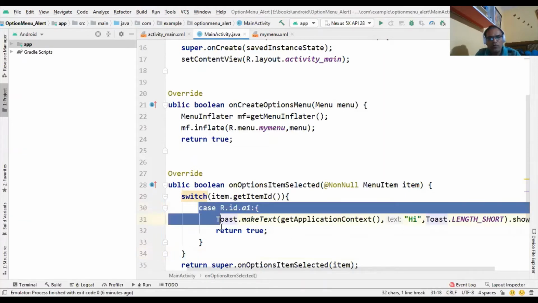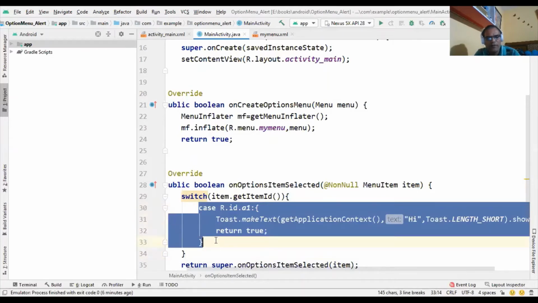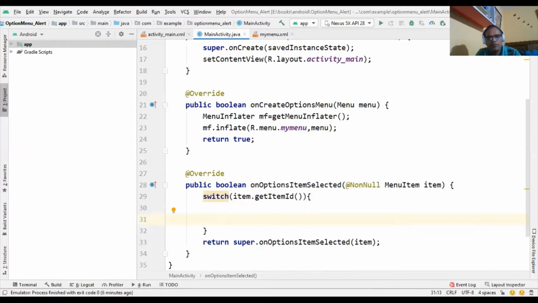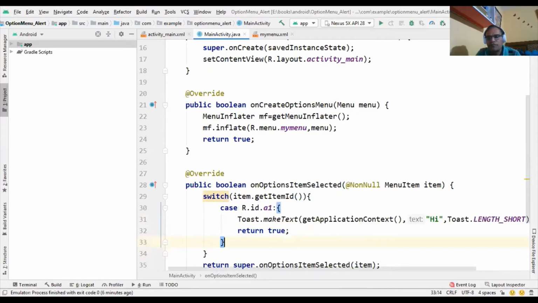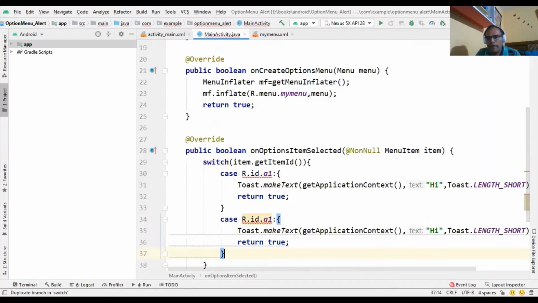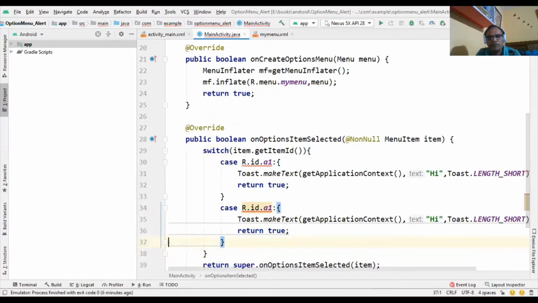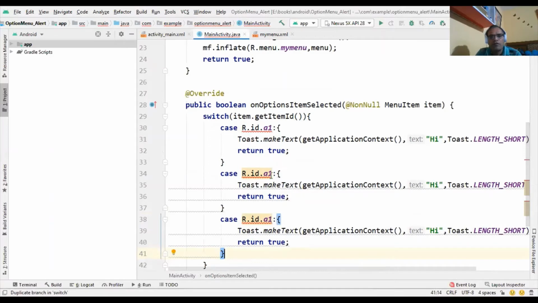Now we use more options. For that purpose we copy and paste. The a1 id, now the a2 id, up to the a5 id.